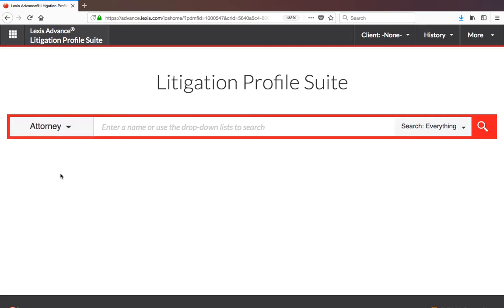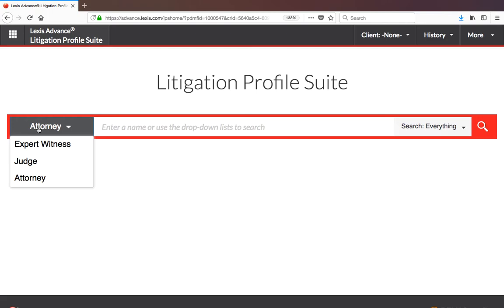You can also choose attorney so that if you have a supervising attorney that you know you'll be working with or you are interviewing with the hiring attorney, here's where you can enter their name and find out more information for them. So for today's example, I'm going to use a judge that I actually used to work for down